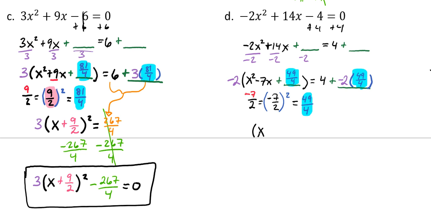So we have our x, and then because this is a negative 7 over 2, we have minus 7 over 2 quantity squared. And don't forget that you need to take that negative 2 with. You can't just leave that off. So the negative 2's got to go there as well. And that's going to equal